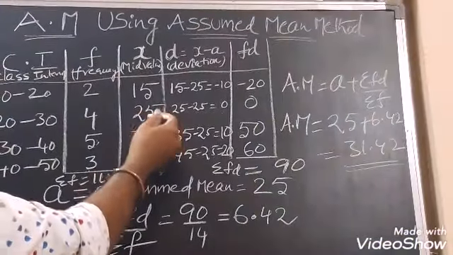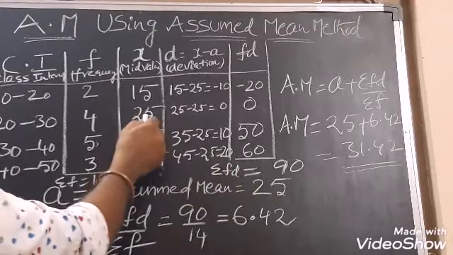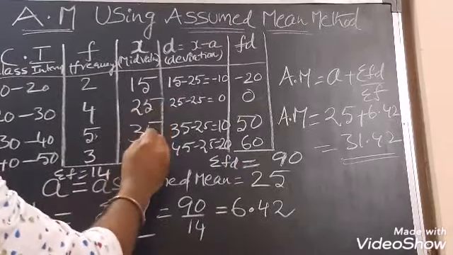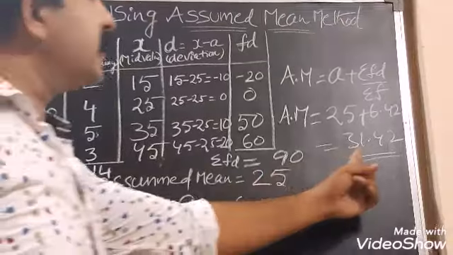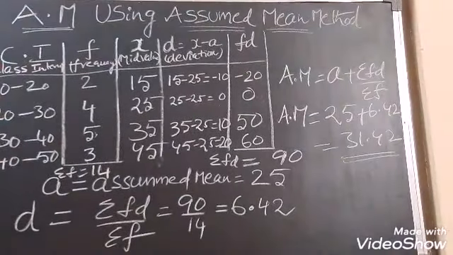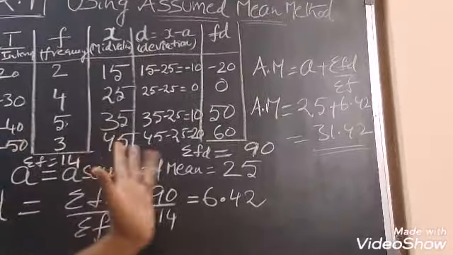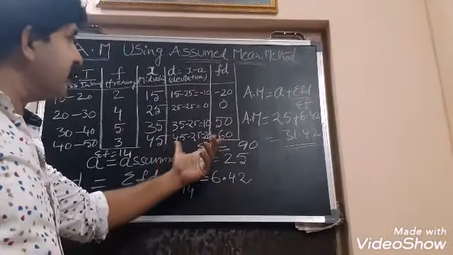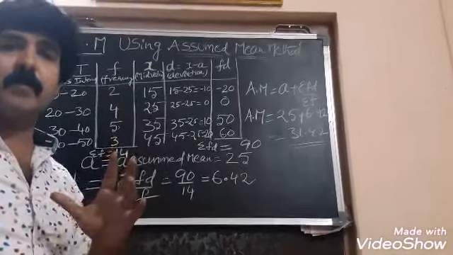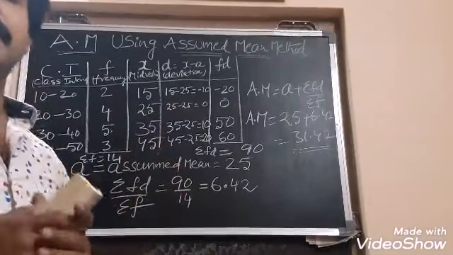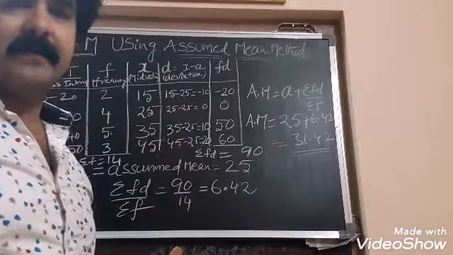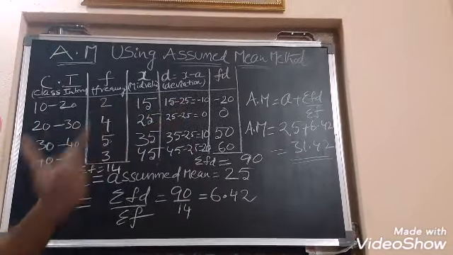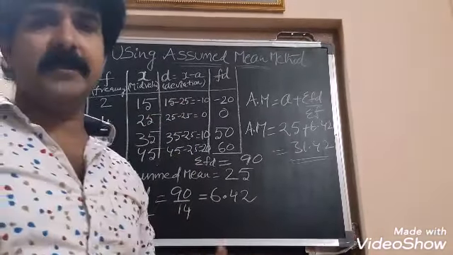So already we thought the assumed mean may lie between 25 and 35, and this is 31.42. Here, for simplification, the multiplication is very simple. In the first problem, the direct method, you have to do large multiplications. Here it is simplified. That's why it is a simplification of the direct method.